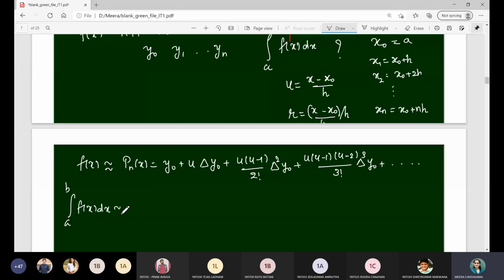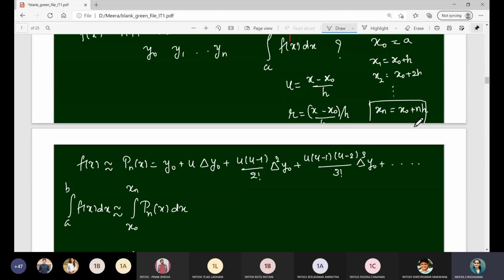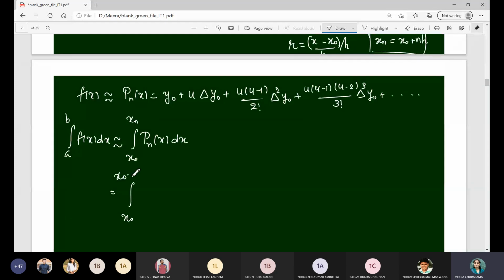a is x0, b is xn, right, in our notations. So this is Pn x dx, that is the same as x0 to xn. Xn I have just written, it is x0 plus nh. So x0 to x0 plus nh, let us substitute the value of Pn x, that is